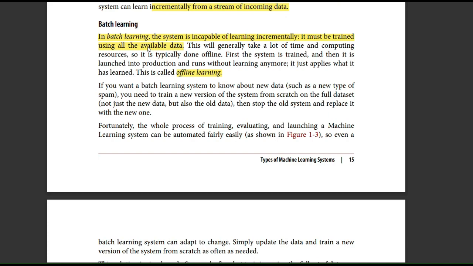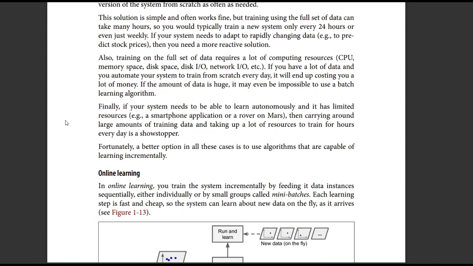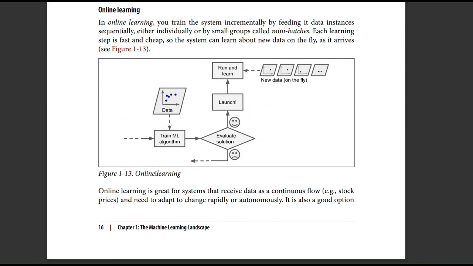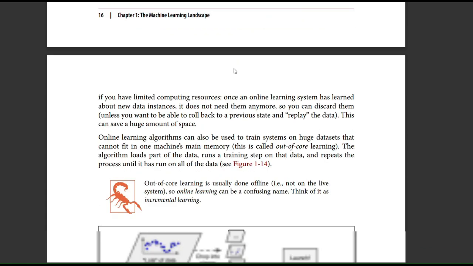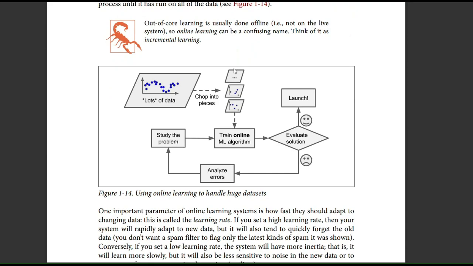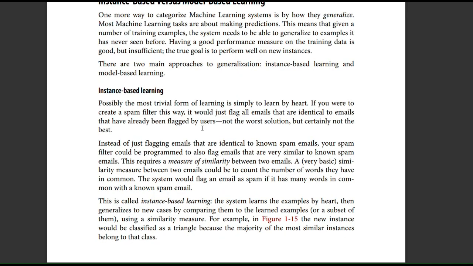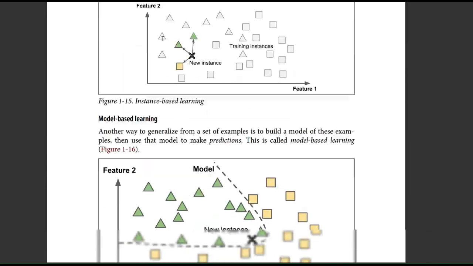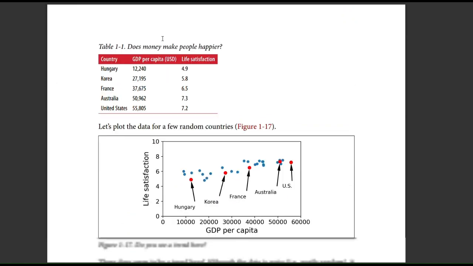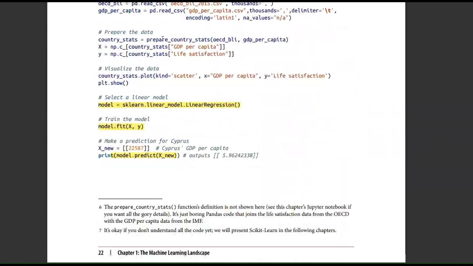So offline learning is where the data set is just provided once, the system tries to learn on that, and it is up and working. In batch learning, the system is incapable of learning incrementally and must be trained using all the available data at once. The online learning system is this one. You have trained the machine learning model, performed all of the steps, trained the algorithm, evaluated everything, and now you've launched. Now you keep on feeding some new data on the fly, once it is already implemented. That is, it is learning and running and learning. That is online learning.